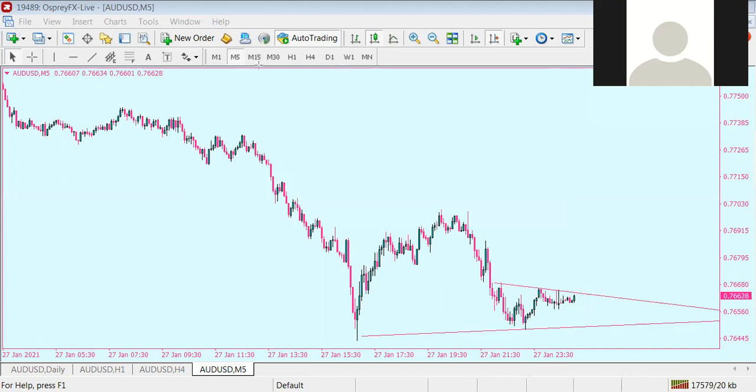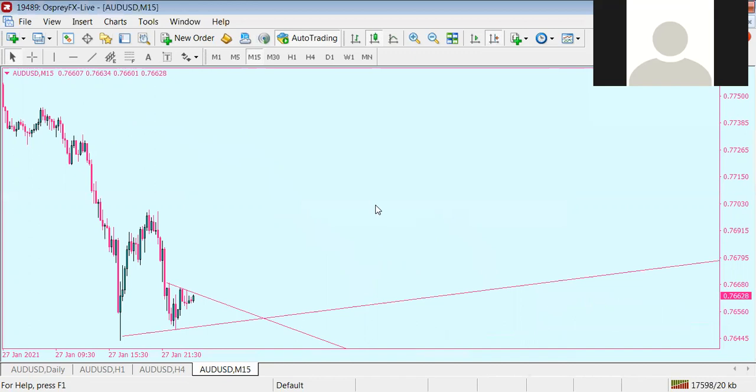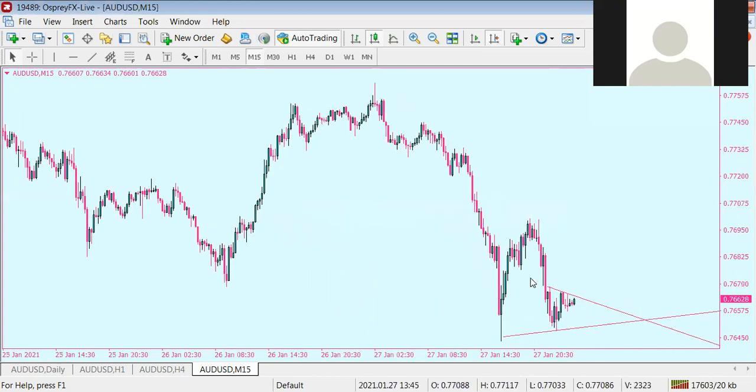So if I come to the M15, now you can see the actual symmetrical triangle there. And now it makes sense why it's coming up to that wick line. So let's do this the easy way. I'm going to make